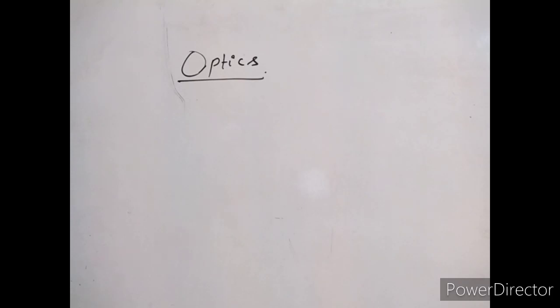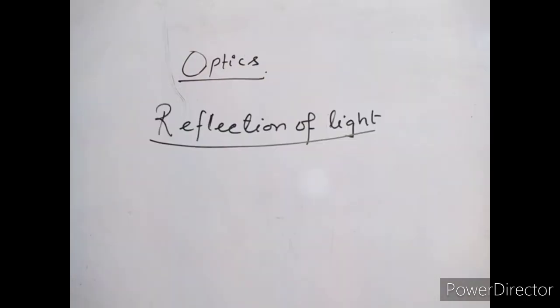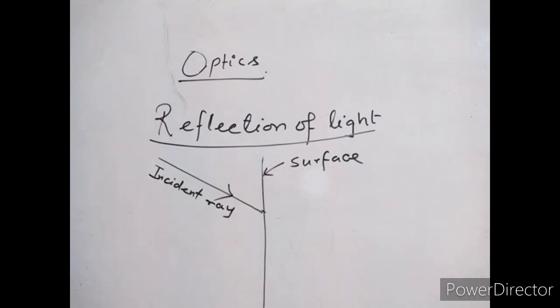Hello everybody. Now today we are going to discuss optics, and under that we are going to consider ray optics. Further into it, we are going to consider reflection of light. Now reflection of light is when we consider any given surface and an incident light ray strikes on the surface